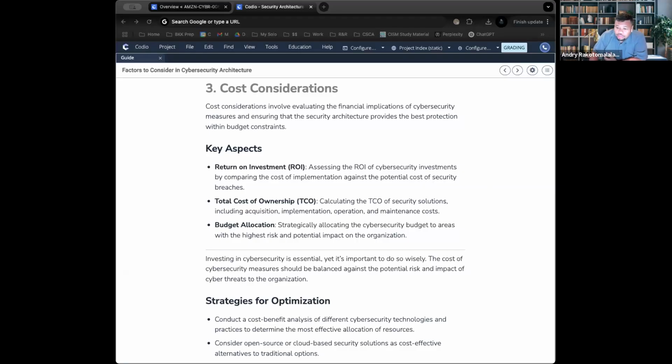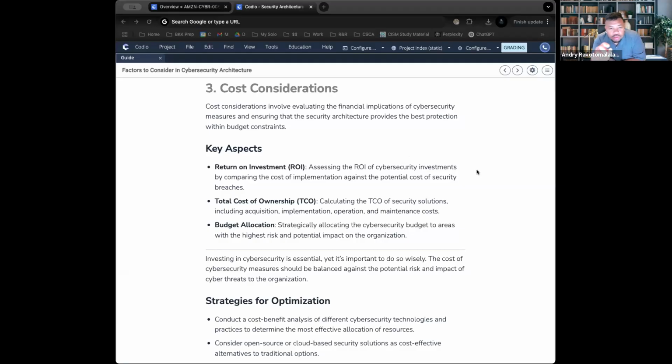The next one is total cost of ownership. Total cost of ownership, also called TCO, is not just purchasing something, okay? It means the setup, how much it takes to install it, the different licenses or subscriptions, how much time you're going to have to spend training your staff or implementing it, ongoing maintenance and updates.